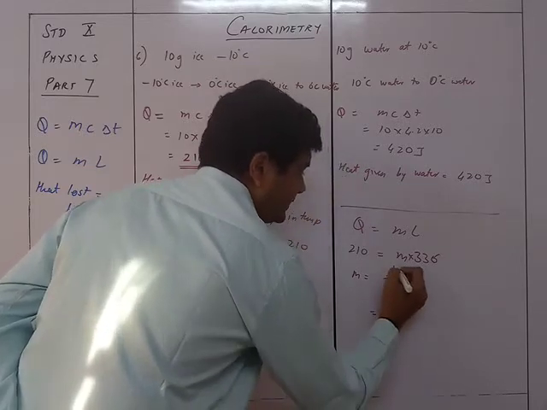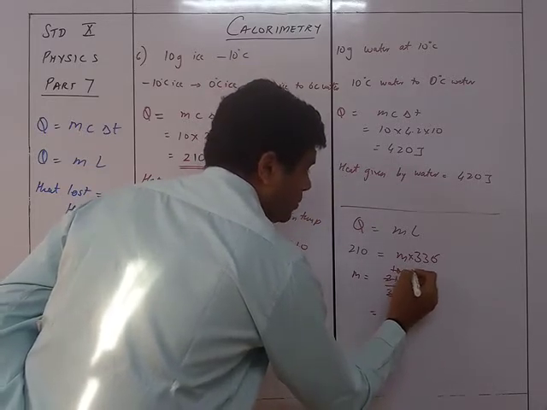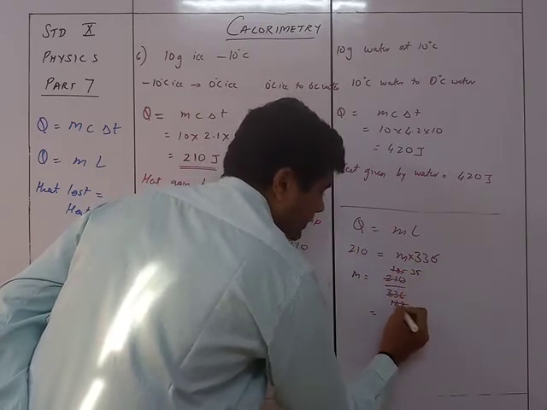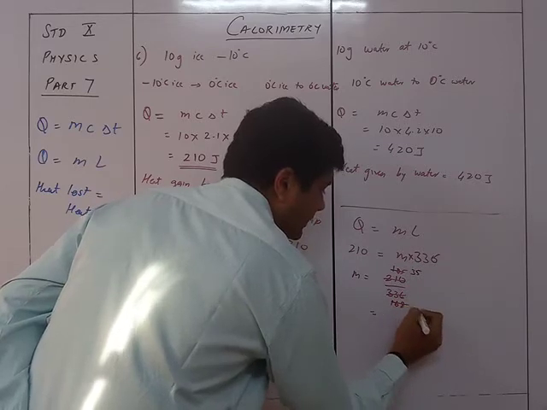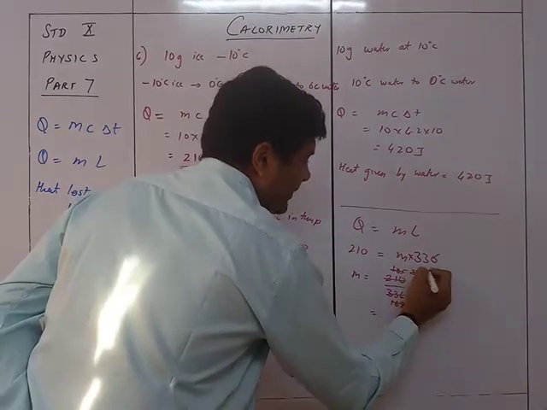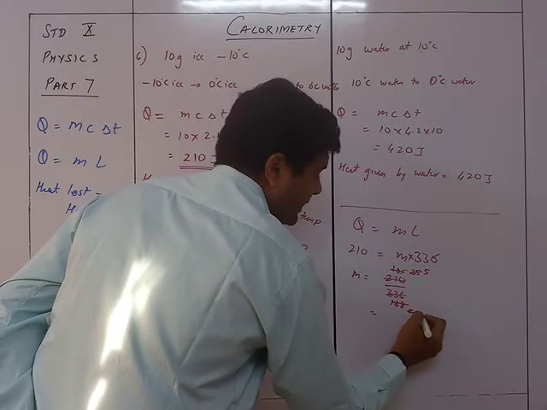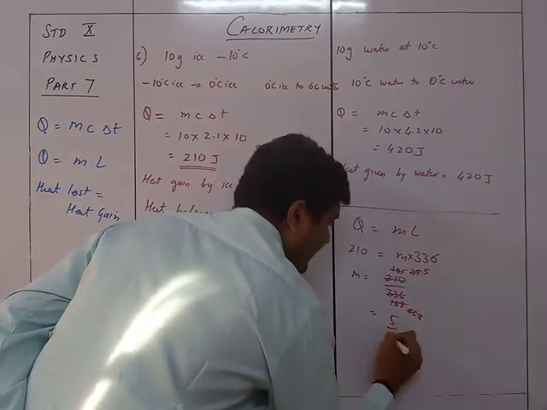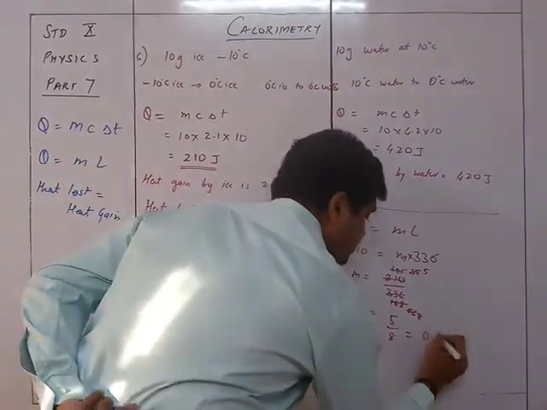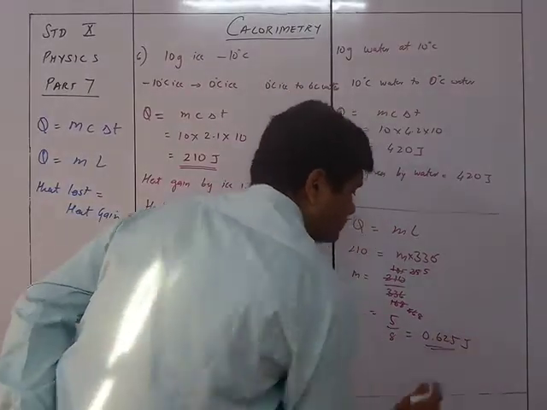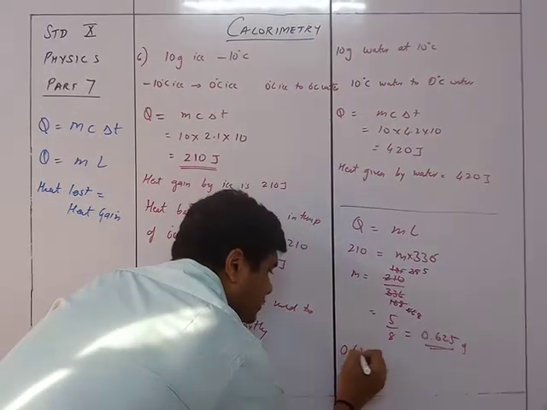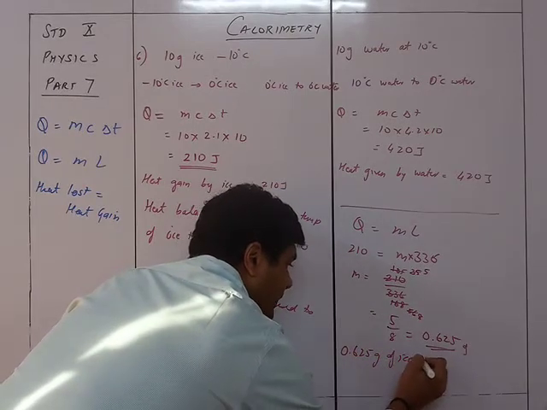168. And then I think 3 se ho sakta hai, 3 3s are 9, 15, 15. And 3 3s, 5s are 15. And 9, 6, 18. 35, so 7 5s are and 7 8s are 56. So that's 5 upon 8, that is 0.625 grams. So the resultant will be 0.625 grams of ice will melt.